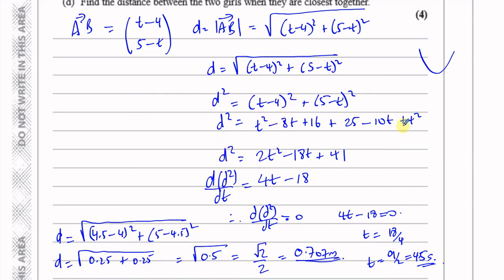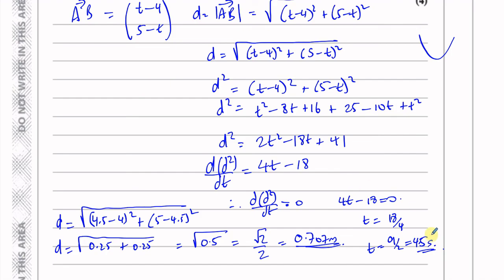So we squared both sides, we simplified it, we differentiated that expression, and we made it equal to 0 to get the minimum. We know it's a minimum because it's 2t squared. It's got a positive square term, so it's a smiley face, you could say. And you find the value of t, but the question says find the value of the distance, so we substitute that value of t, for which the distance is a minimum, into the distance formula that we found originally here,